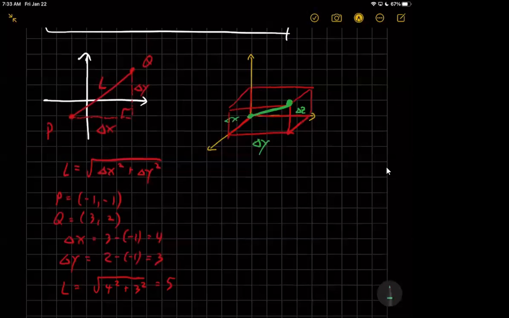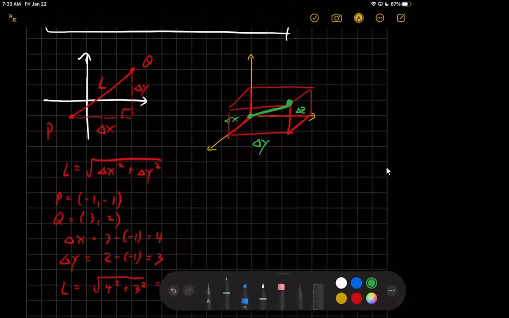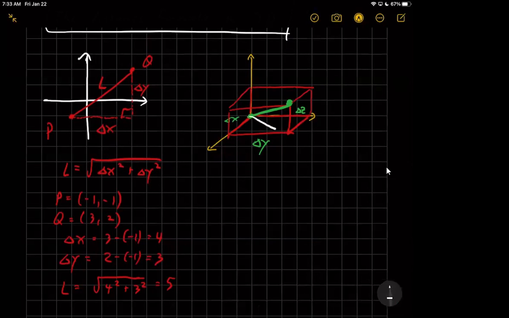Well, to do that, we want to figure out what that length is. So to do this, we're going to add a couple of lines here. The first line cuts right across the XZ plane. So that's the diagonal of a rectangle. The diagonal of a rectangle, we know how to do. We can use the distance formula that we had before, and then we're going to add to it